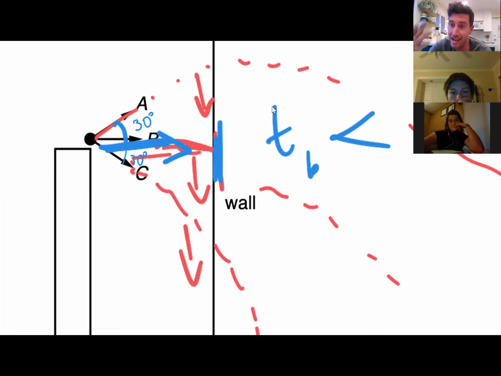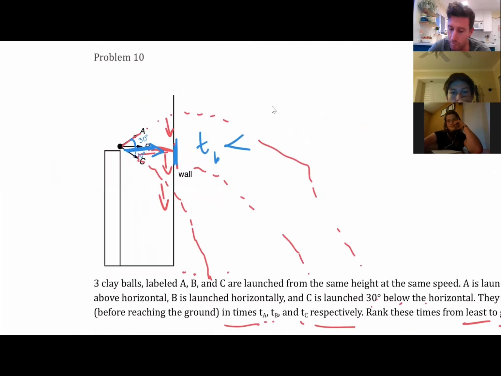Since each one has the same horizontal velocity, they should both have the same time before they hit the wall, because their horizontal component is what's controlling that. So time A and time C would be the same, but it would take longer for them to hit the wall because